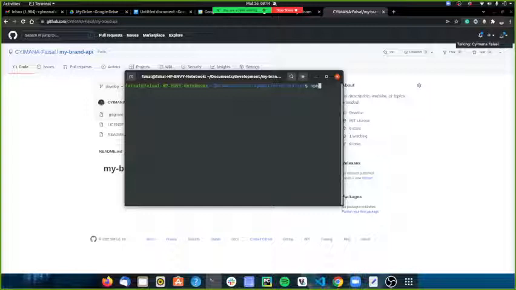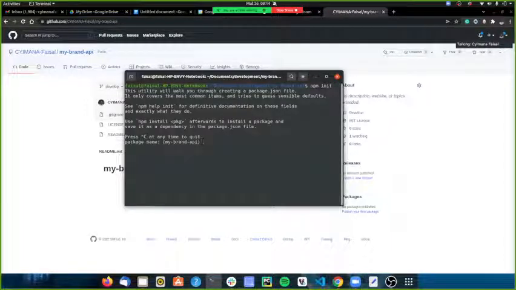You say npm init. Once you hit npm init like this, you are going to be asked some questions that you might answer, like what this package is. It has to be like my brand API. Once you don't want to go through all of these silly questions, you can cancel this by hitting Ctrl+C, and you can also run the recent command, but add an option of yes, and it is going to go through each and every question and mark it yes. When I hit enter like this,